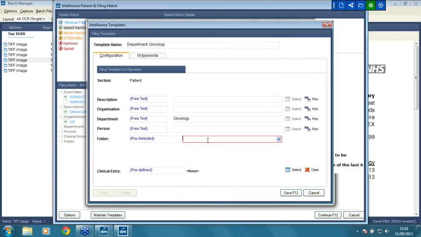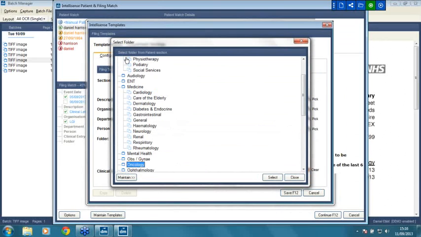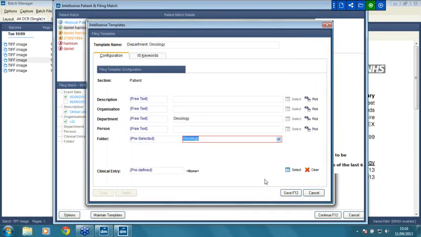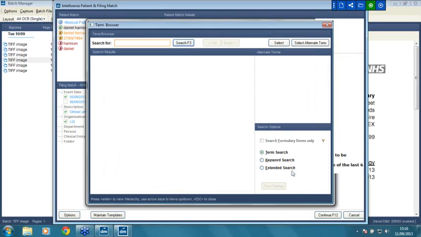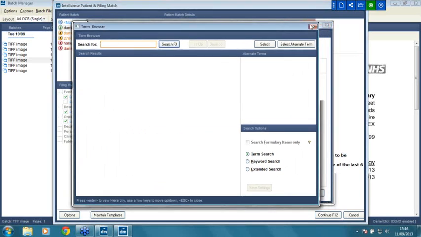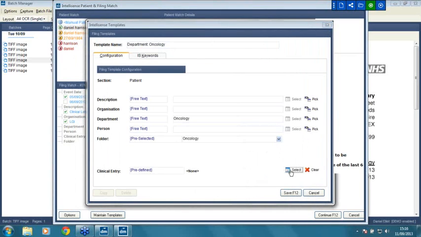So I repeat that process for the folder because that's where the image will be viewable by the staff at the surgery. ONC on the keyboard, click select, and that's done. And last but not least, we're going to do the clinical entry as well. So I'm going to press select. I'll just do that again because I don't think the screen recording caught up. I'm going to press the select button just at the bottom,